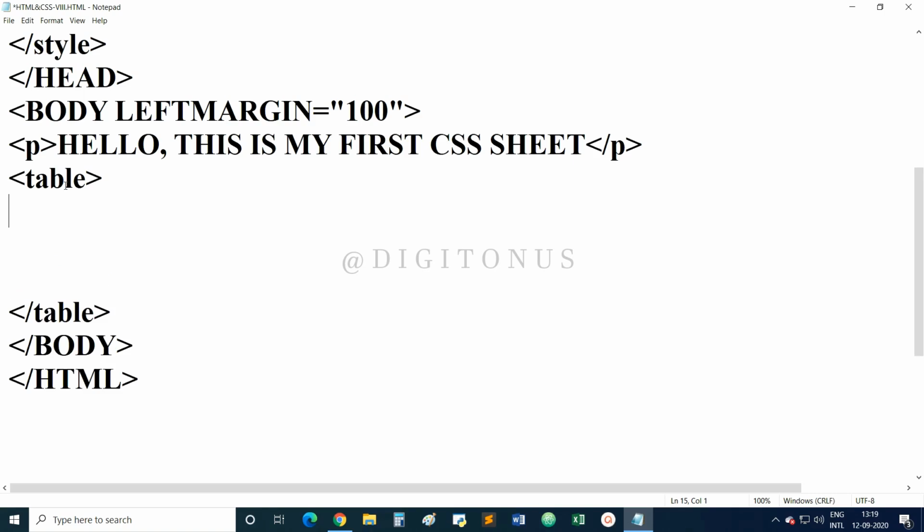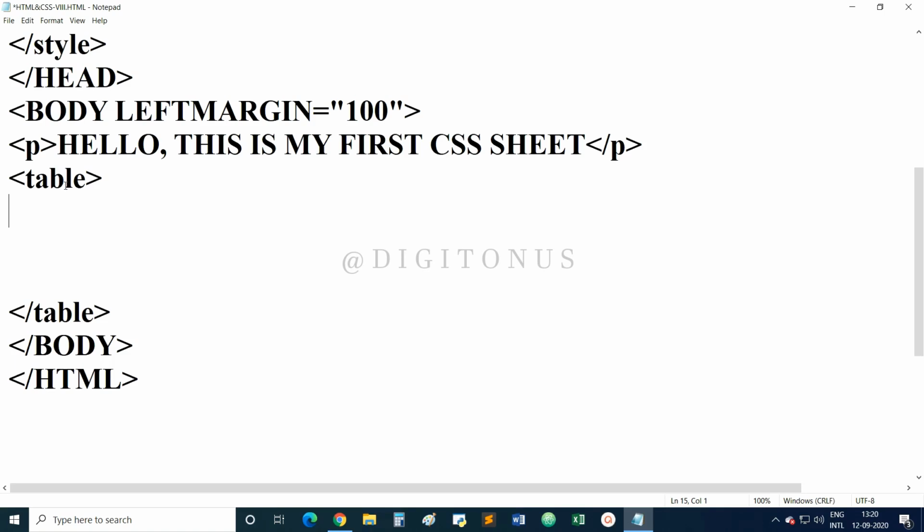You have to make sure that whenever you are creating a table, you just open a table tag and close it, and whatever information you want to display inside the table, you have to write inside the opening and closing of the table tag. Is that clear, students? Okay, fine. Now when we talk about a table, a table is made up of rows and columns. So here also we will make rows and columns.